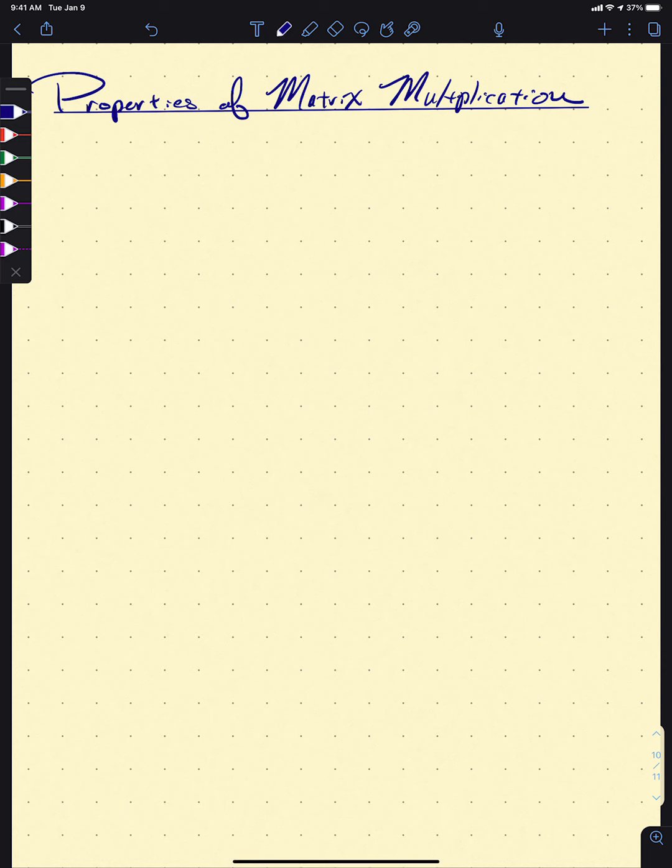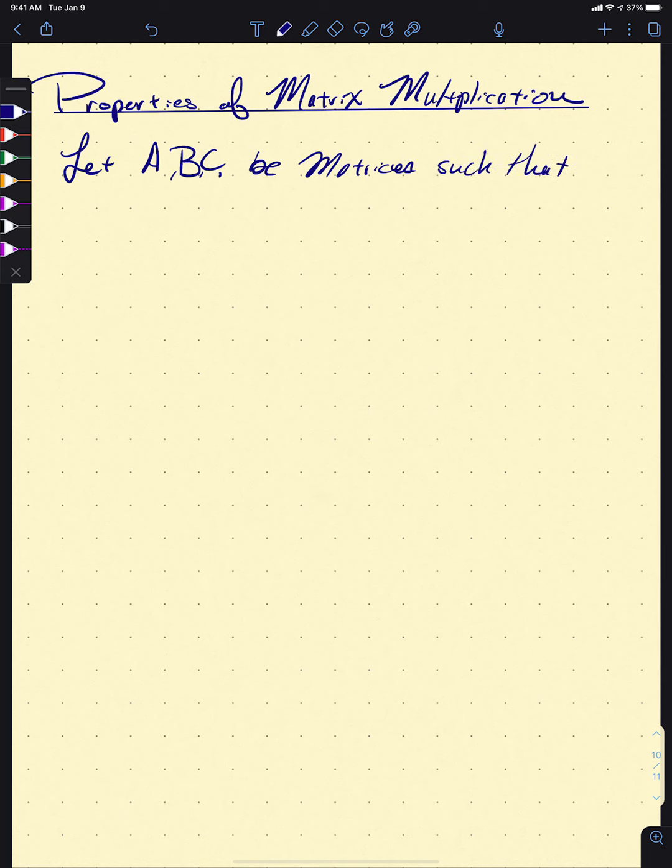So once again, we'll need 3 matrices, A, B, and C, such that the following products are defined, okay? So when our matrix multiplication is always defined, 2 big important properties hold. We did lose commutativity, but we kept associativity,